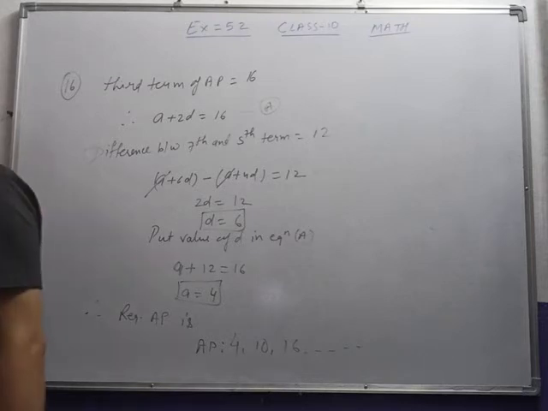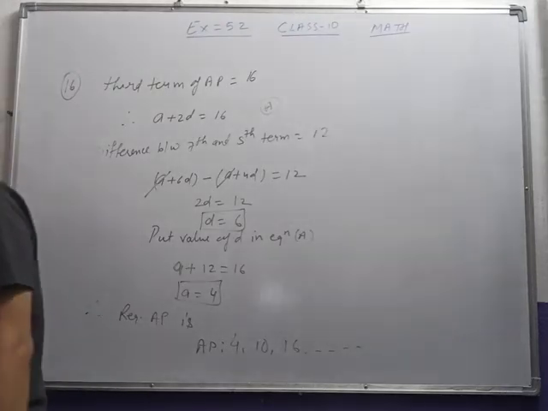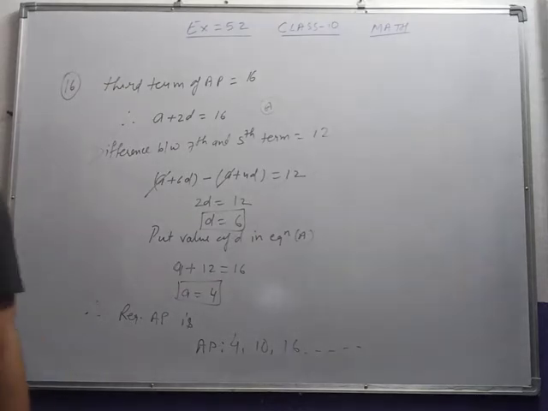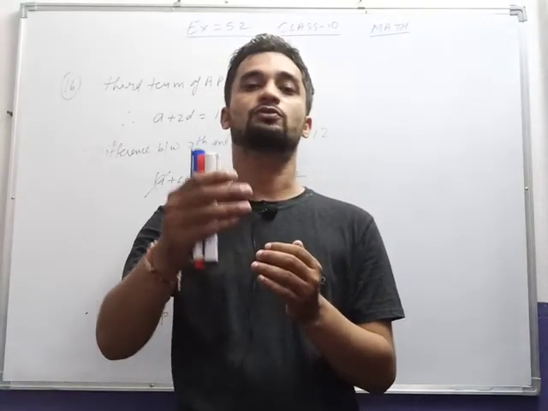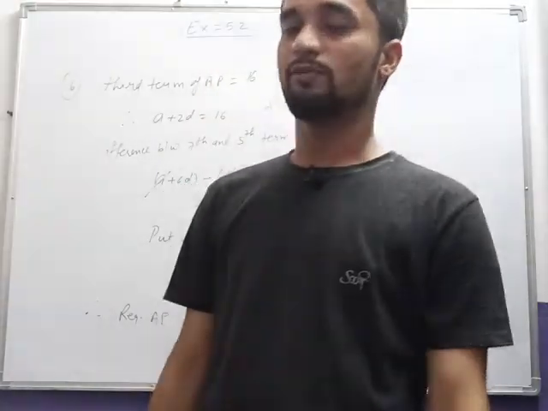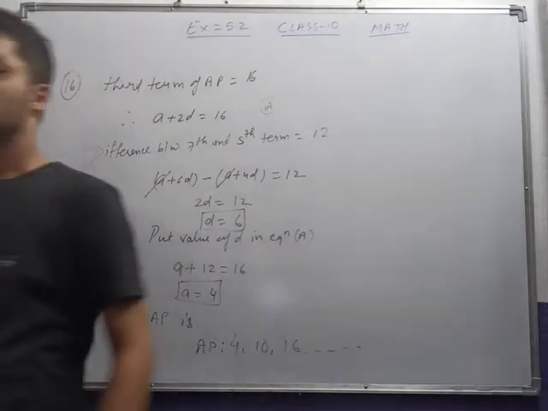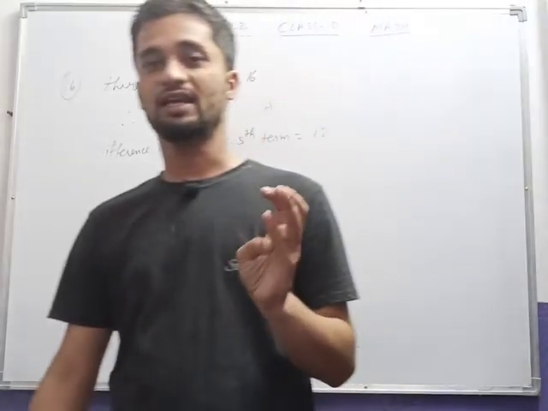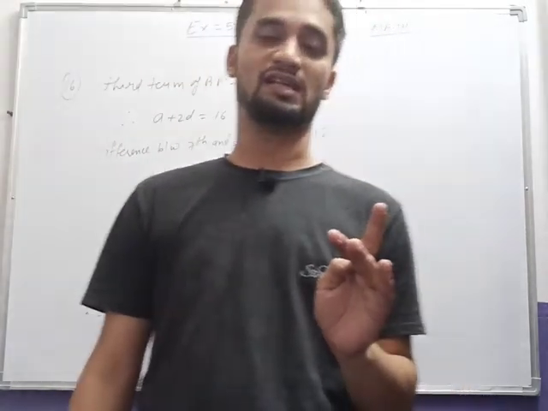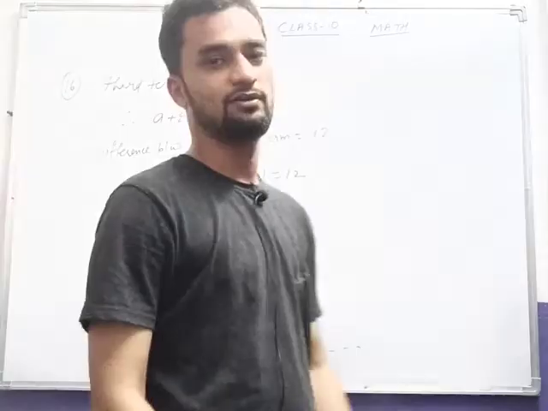Like the 19th question: in 1995 the annual salary was 5000, so A is 5000 and the increment is 200 for each year. Beta, 200 means the first year, suppose, it was 5000, then the next year it increased by 200, then again increased by 200. That means the common difference will be 200, so D must be 200, and finally he is having 7000 rupees as the last term. So you have A, you have the common difference, you have the last term, so you can get the value of n. We have already found this in so many questions, so no need of solving here.